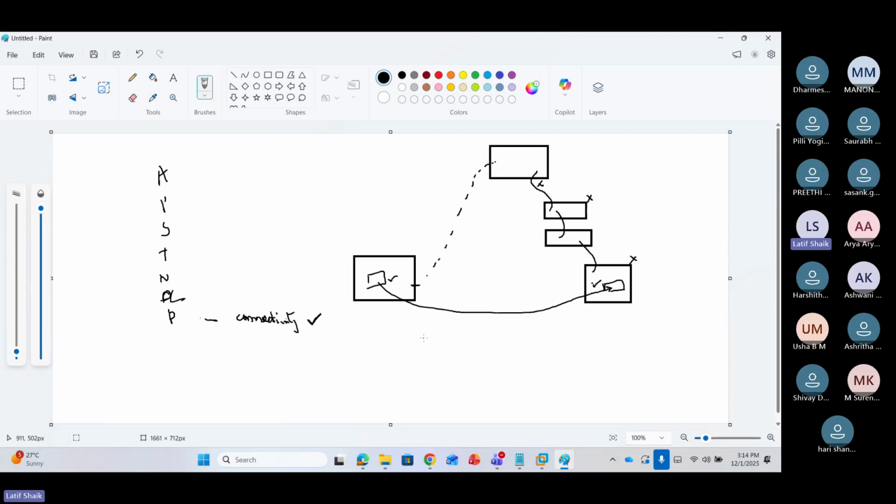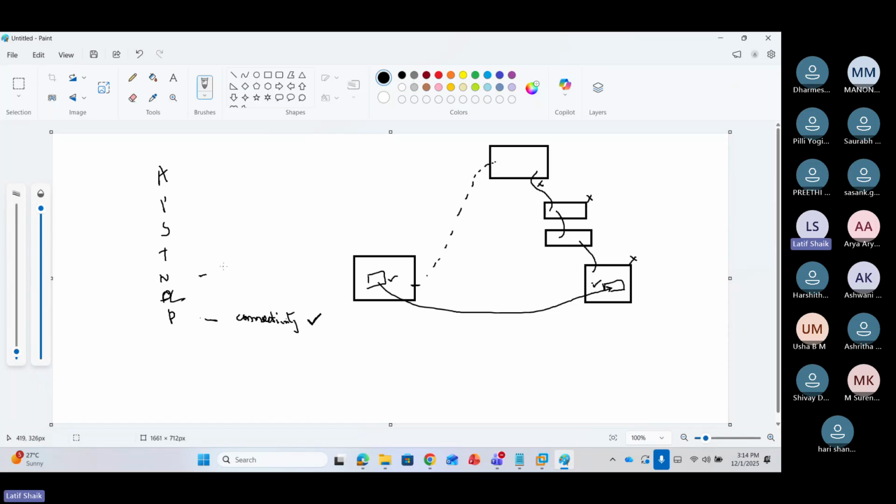For example, google.com. From your side, you can check whether you are connected or not. But can you go to the Google server? Is the Google server connected or not? We can't check it, right? So how much is physically possible? Check the physical connectivity. That is the first one. Second,